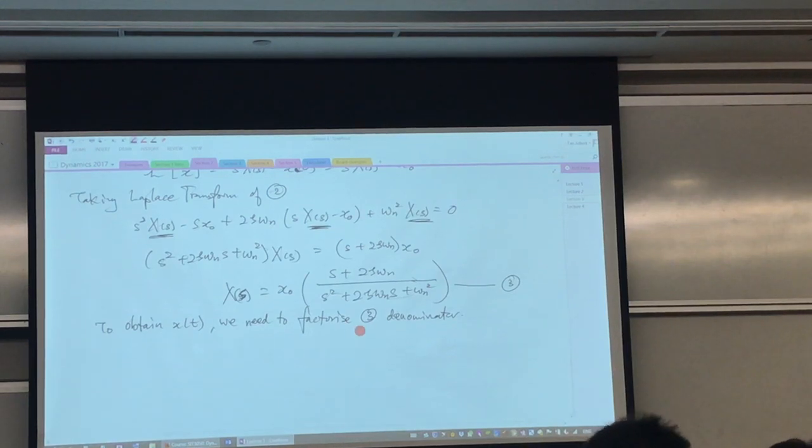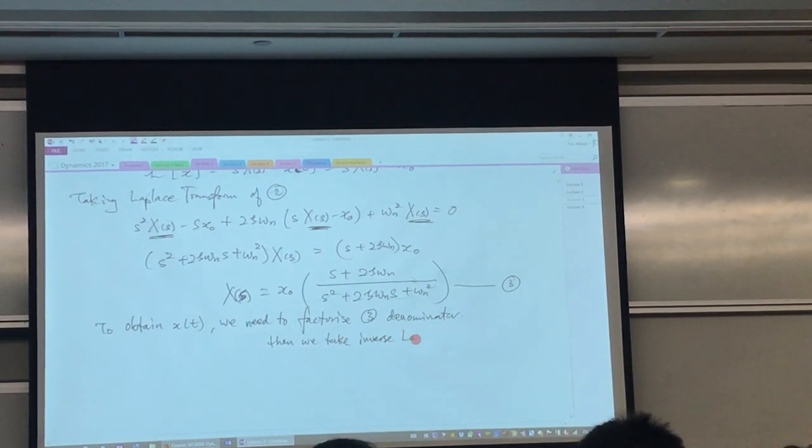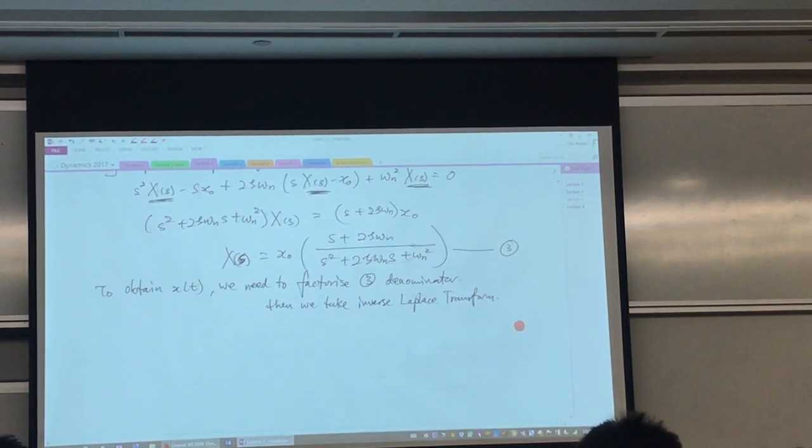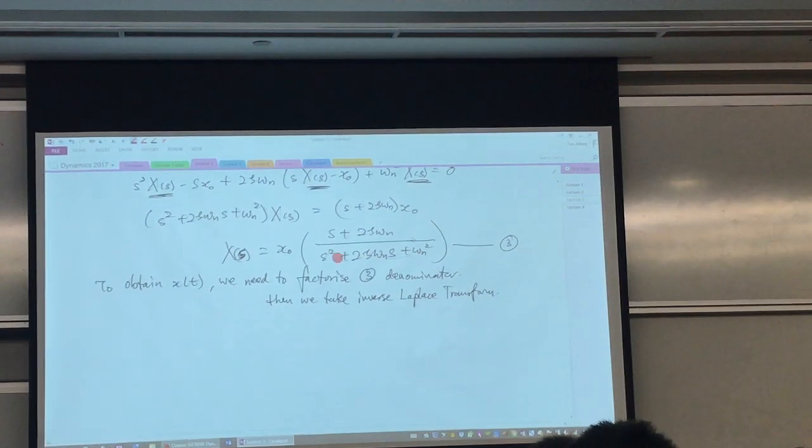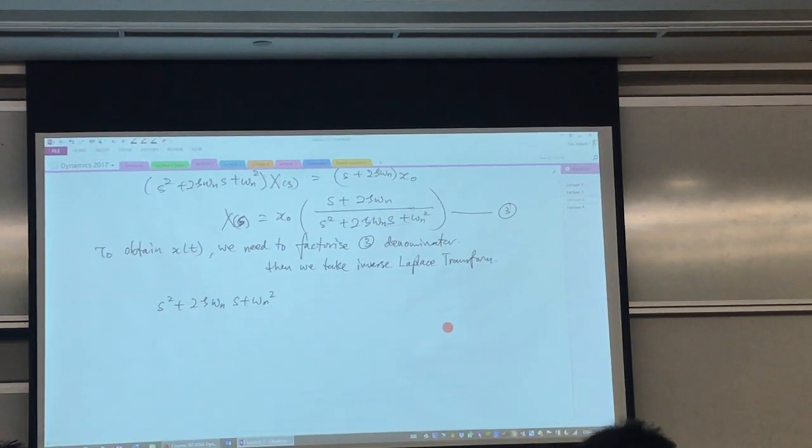After we have factorized the denominator, then we take the inverse Laplace transform. So let's focus on this denominator first. This is s squared plus 2 zeta omega n s plus omega n squared. If I take this and do the factorization,